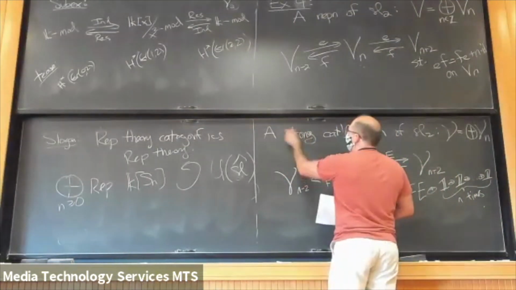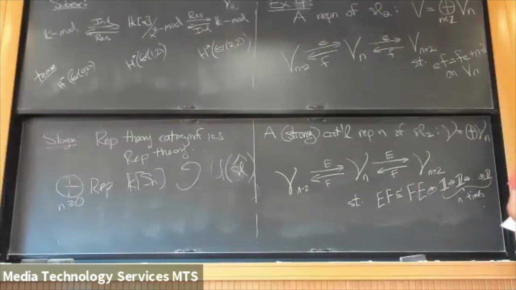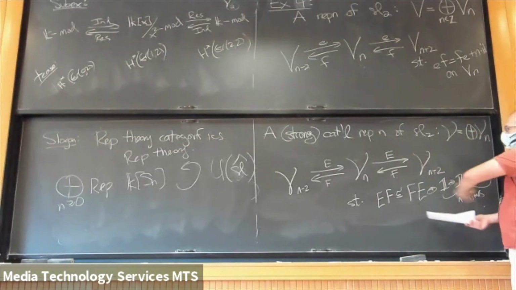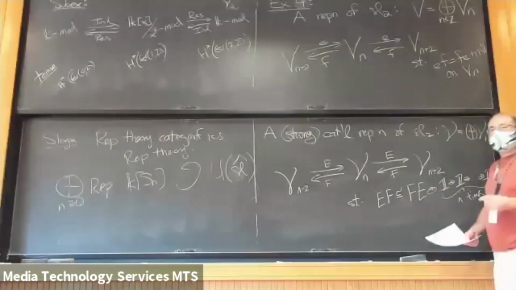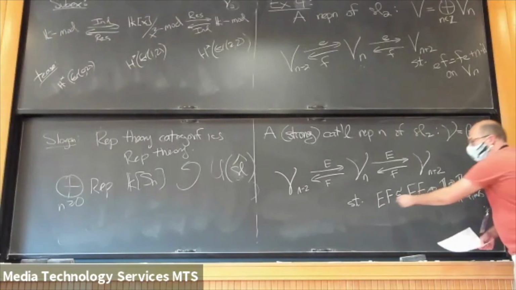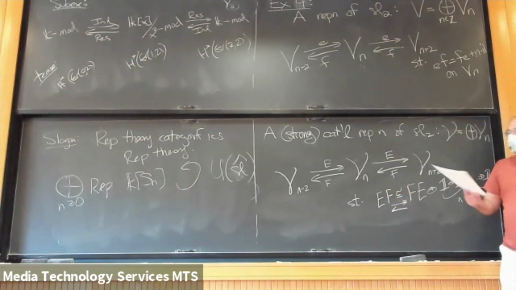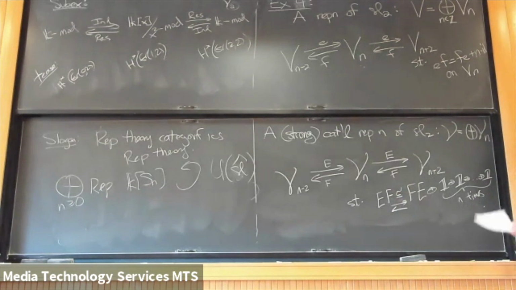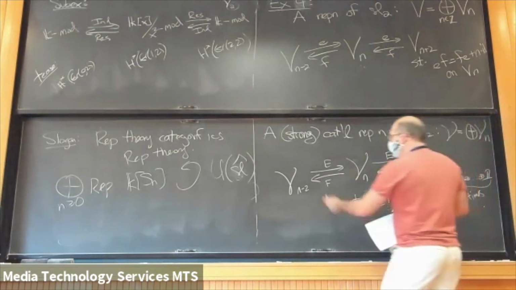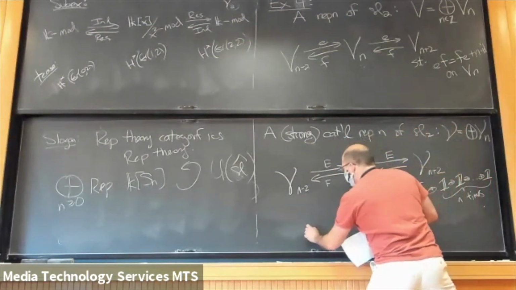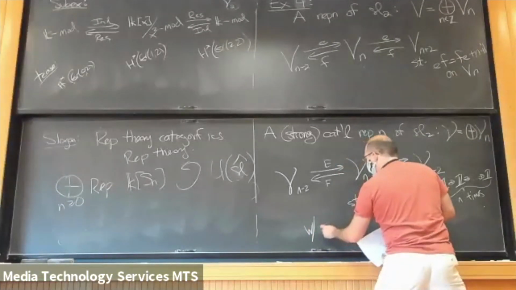A strong, and this is the correct definition, so I shouldn't really have to say the word strong. A strong categorical representation of SL2 is this data, but more. Because what you have when you categorify is this extra structure of morphisms. And those are invisible in this statement here, except in the sneaky statement of this isomorphism. An isomorphism is realized by an actual map in each direction, such that the composition is the identity and so forth. These maps are structure, and if you understand that structure, you can get a much stronger handle on what's going on. So, in addition to knowing this bare bones information, which is just information on the skeleton, it doesn't tell you what's really going on,